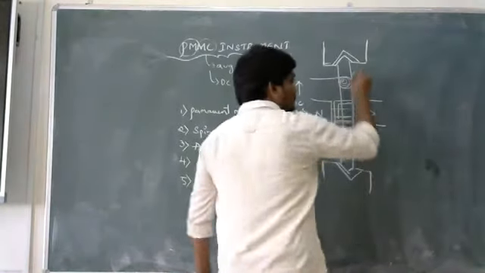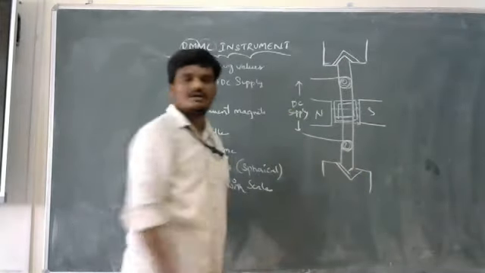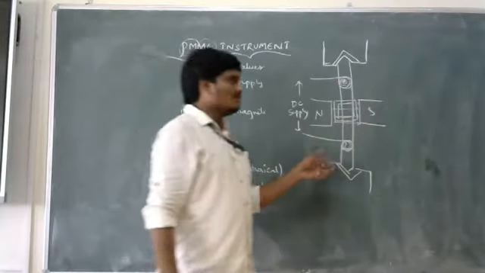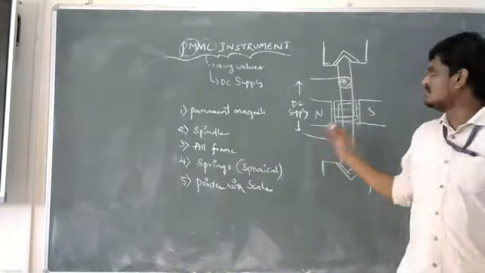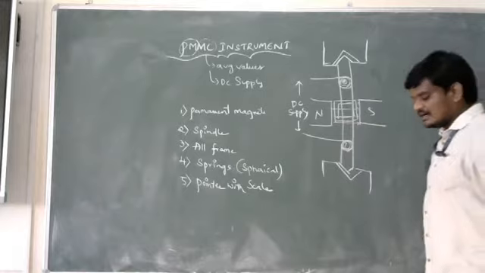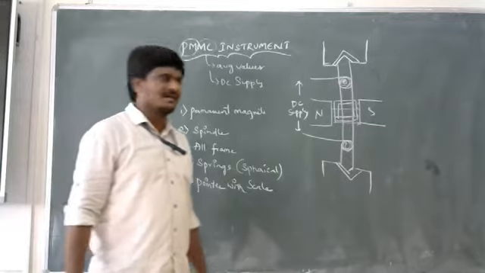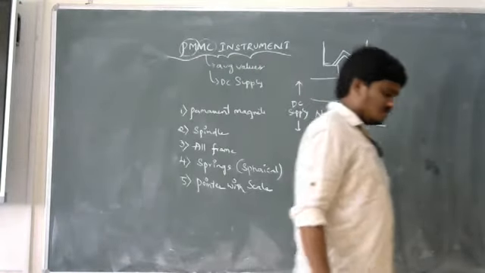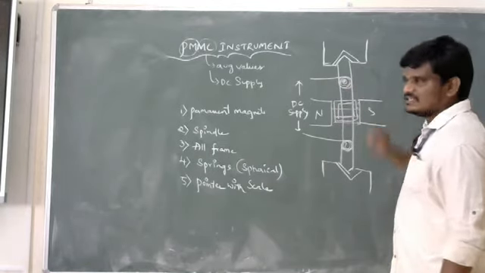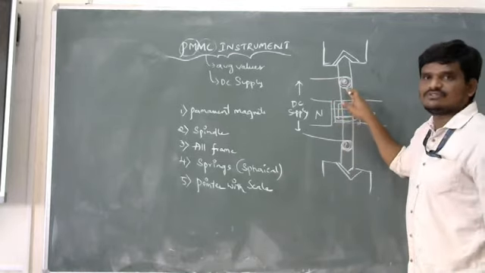For the spindle, I am using supporters, and these are used as supporting rods for this pivot or spindle. The spindle is carrying springs. The springs are the major element in a PMMC instrument to produce the controlling torque. As we have discussed earlier, there are 3 types of forces used to take the reading in an instrument. So this is one technique used to produce the controlling torque in this instrument with the help of the springs. As the springs are the main current carrying elements here, they are used to produce a controlling torque.